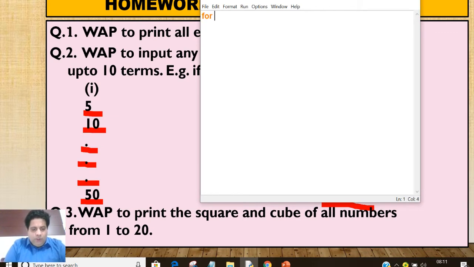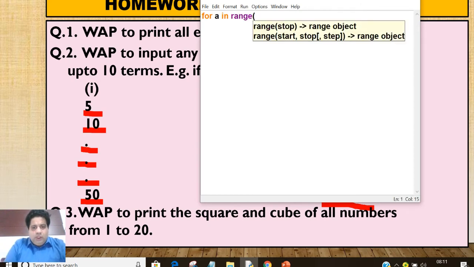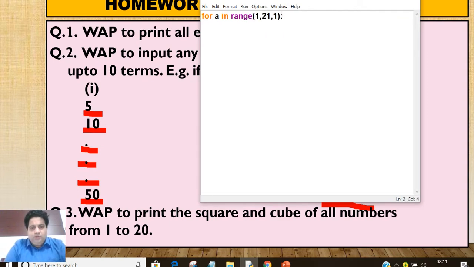Now for a in range. The range is given 1 to 20. So lower limit is 1, upper limit is 21, and step value is 1.